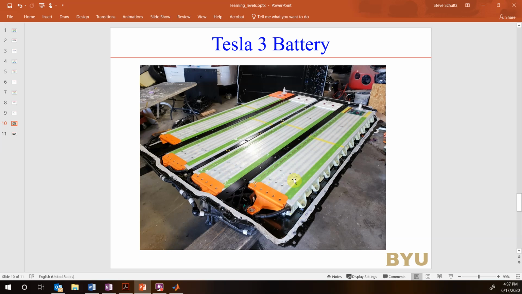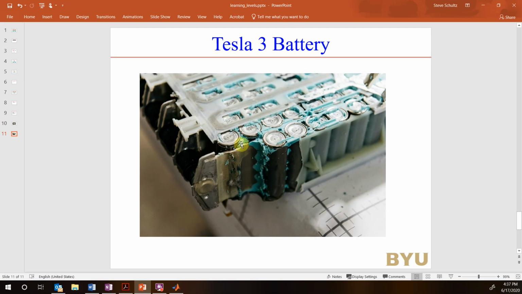So if we go inside these packs, you see each of these packs is built up with a whole bunch of these batteries. They have all these batteries that are kind of glued together. You can see here is the connection on the top. They have another one of these on the bottom to get the right combination of series and parallel to get everything to work. And they're all glued together, and then they use these strip sections in between for heat dissipation to get it to work. And so then you have this fancy battery